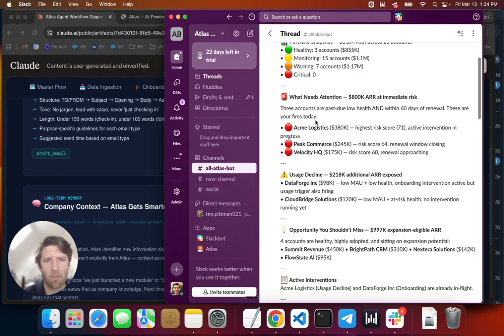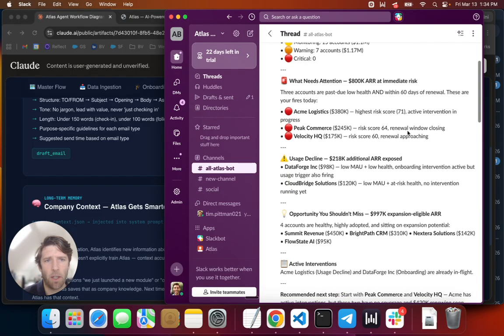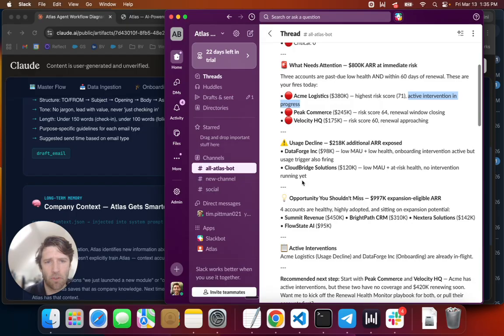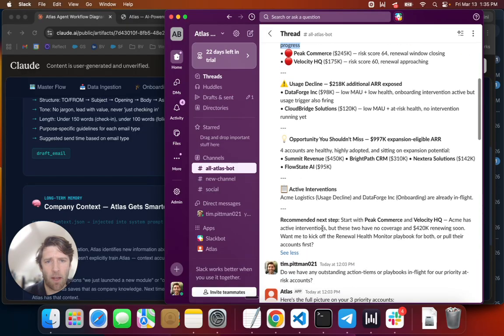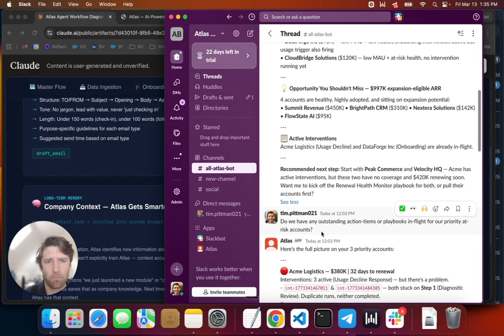I'm seeing the accounts that are highest at risk. I can see that there's an active intervention in progress. I can see some usage decline across 2 accounts, and a few things that we might not want to miss here, right? And if you have either 5,000 accounts or 50 accounts, you can adjust this through the